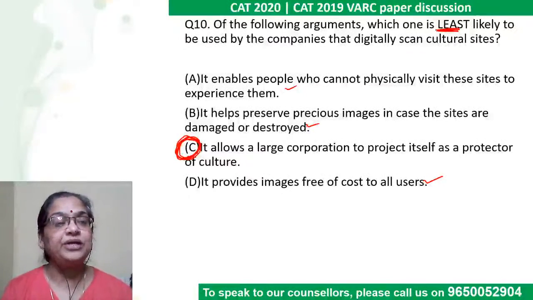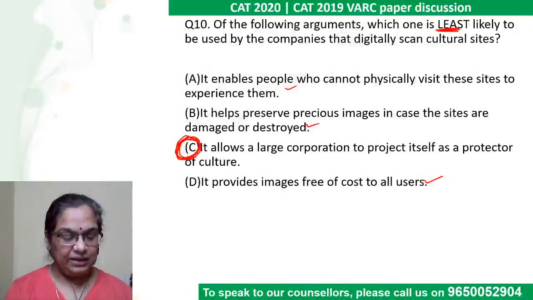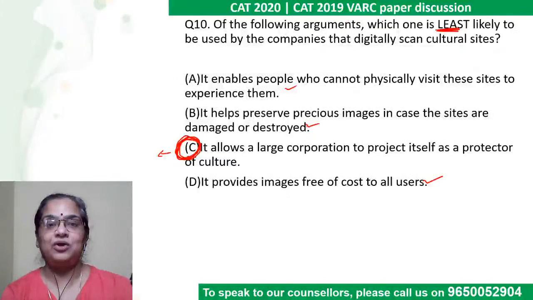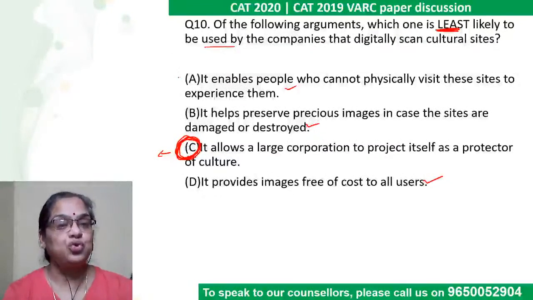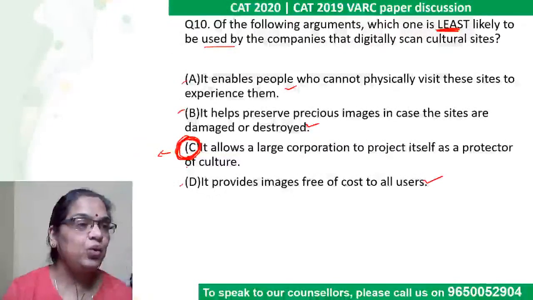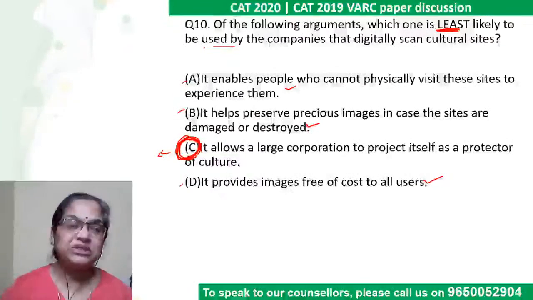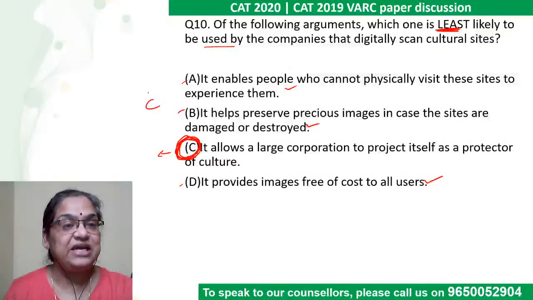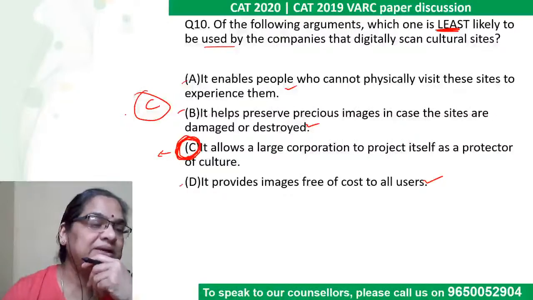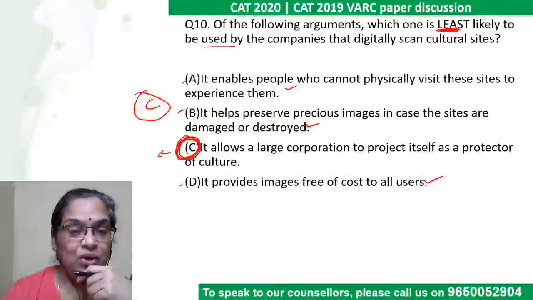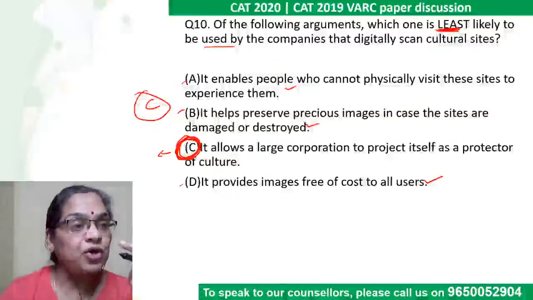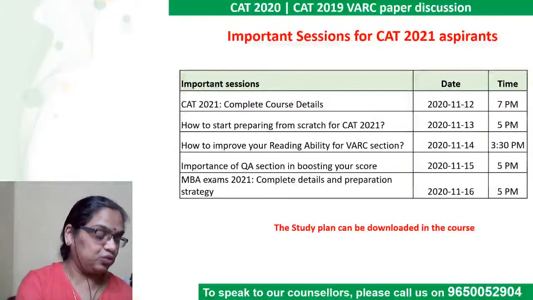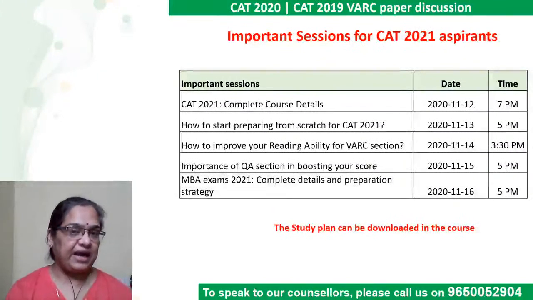What is it going to say clearly to everybody? Which one of the following arguments is least likely to be used? So these are the 3 things they're going to tell you to convince you that we are good. It's not going to say we are doing it to project ourselves as protectors of culture. So the answer is C, not D. Right? Did you understand, Prasanna and Shrija, why it is C? What argument are they going to say to protect themselves, to justify their actions, right?